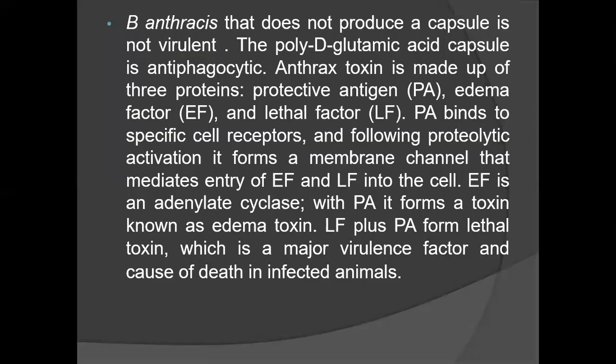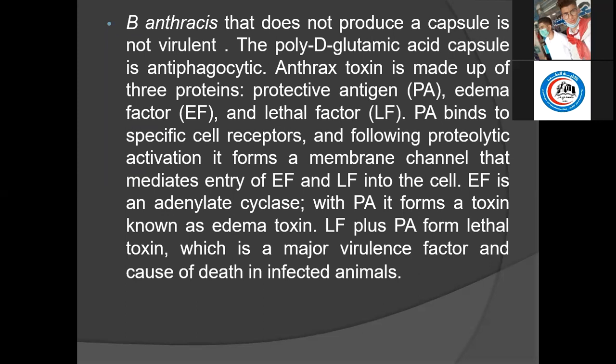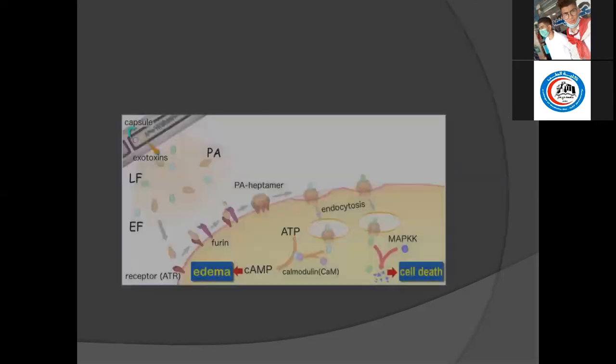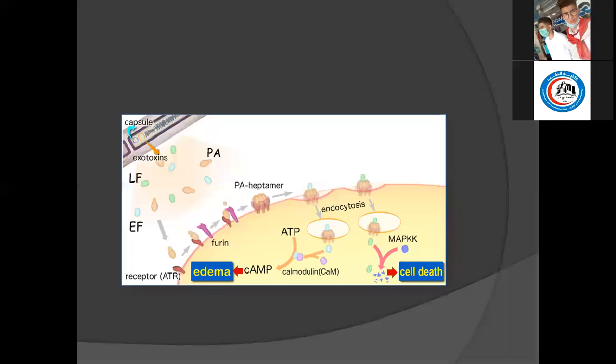The adenylate cyclase with the protective antigen forms a toxin known as oedema toxin. While lethal factor plus protective antigen form a lethal toxin, which is a major risk factor and cause of death in infected animal. As shown in this figure,